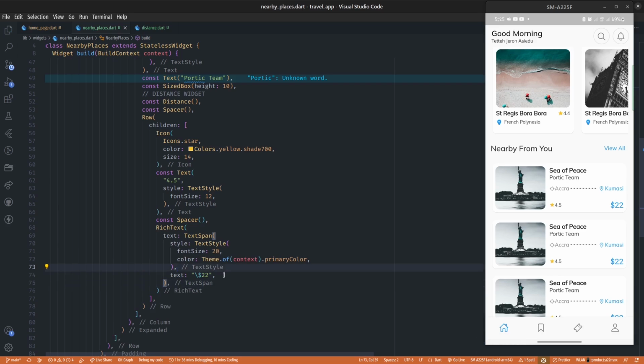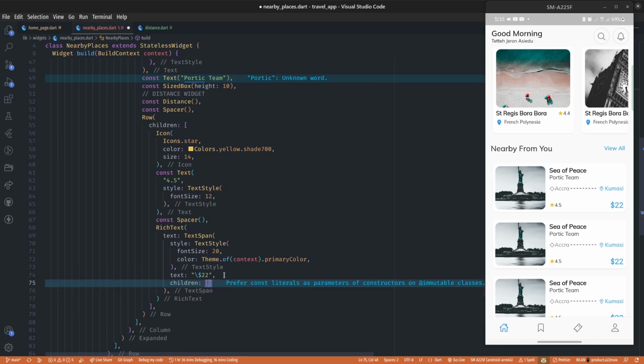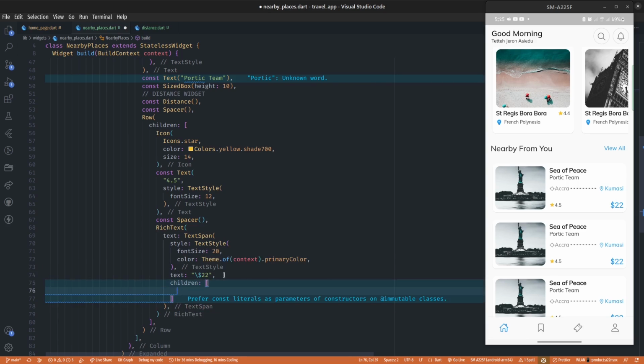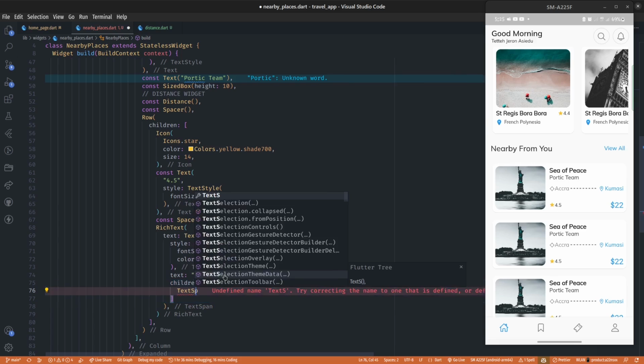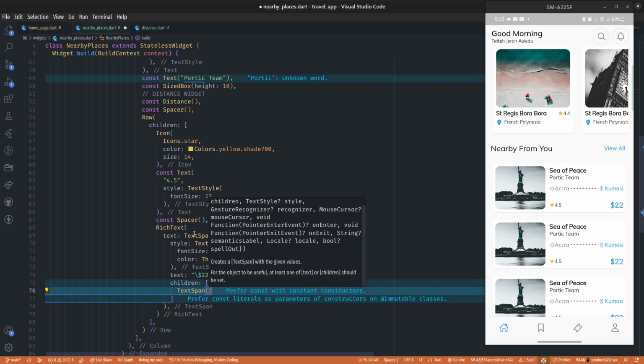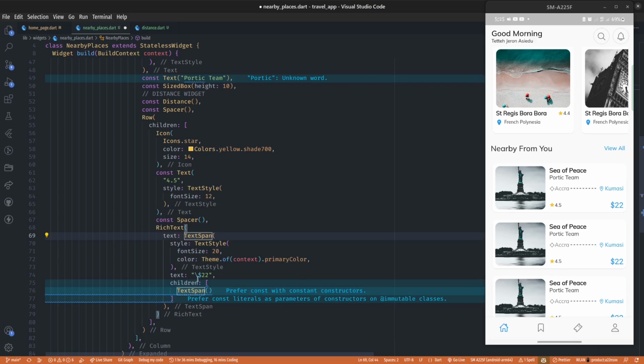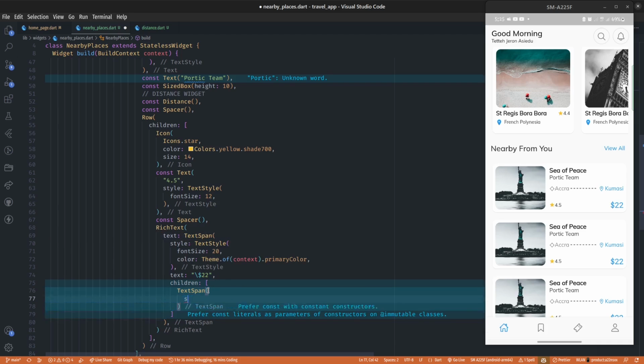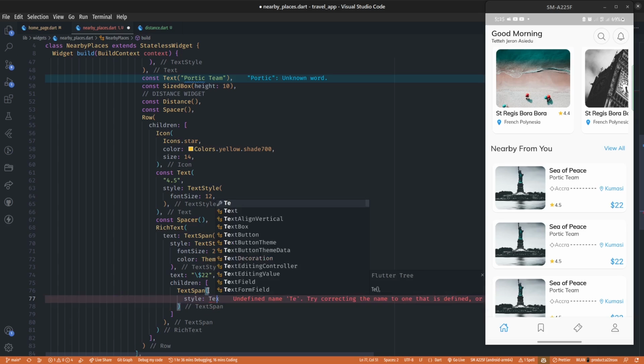And now we want to have another text, right? So after the text, we can have children, and this children will also take another text span. So just like nesting of text spans, right? So text span, and they're also going to have style and text, just like what we have over here, right? So this text span will have some style, and the style is going to be a text style,